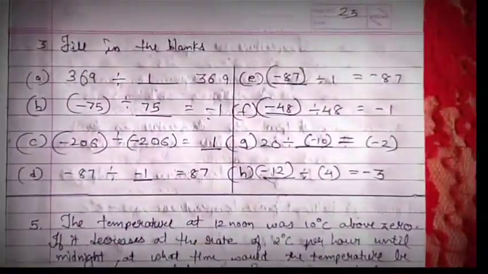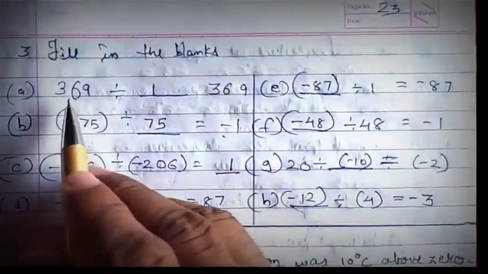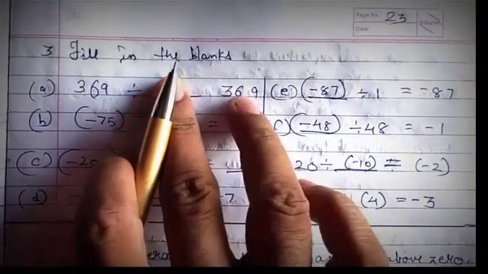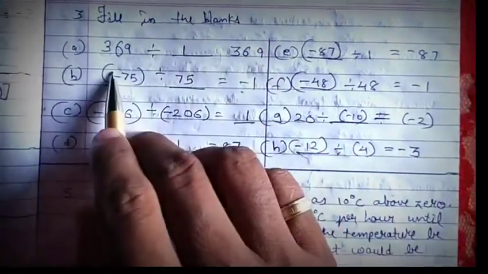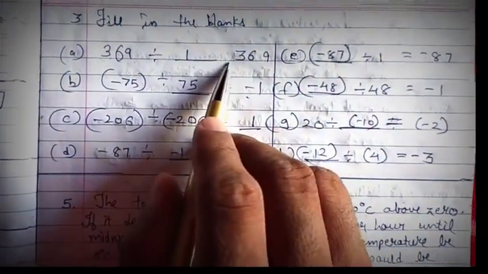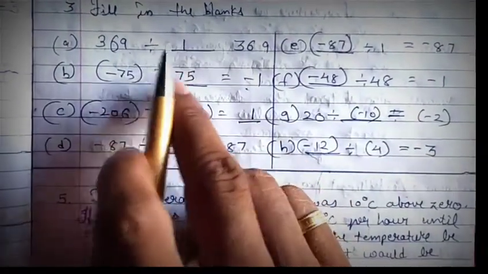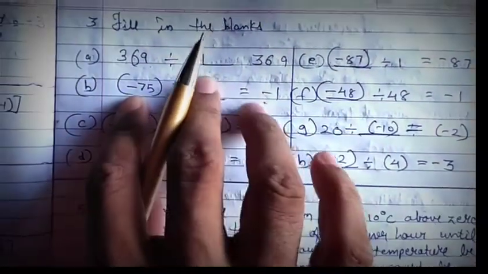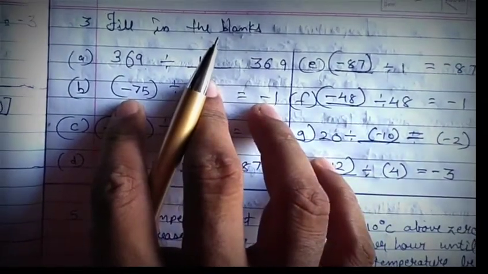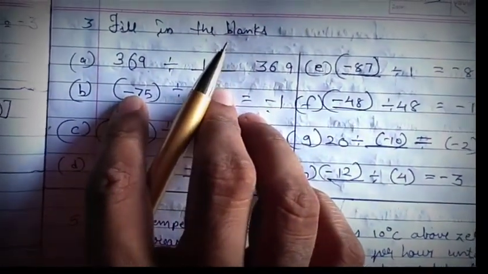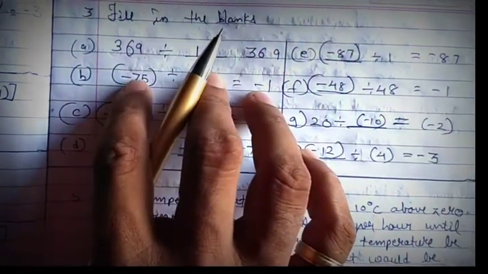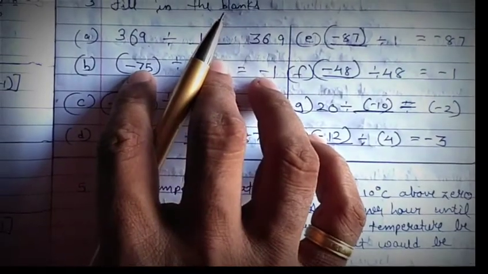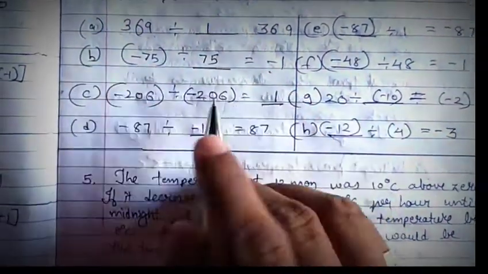Now let us move on to our next question, that is question number 3. Fill in the blanks. Now 3 divided by what to get the same value here? So as I told you, when any number is divided by 1 you will get the same value. So 3 divided by 1 you should write. Suppose here negative sign is given, so you have to write -1 over here. Now here -75 divided by what you get the same value, that is -1 only, means 75 should be divided by 75 only, then only you will get -1. But here negative value is there, so you have to divide that -75 with +75, then only you will get -1.